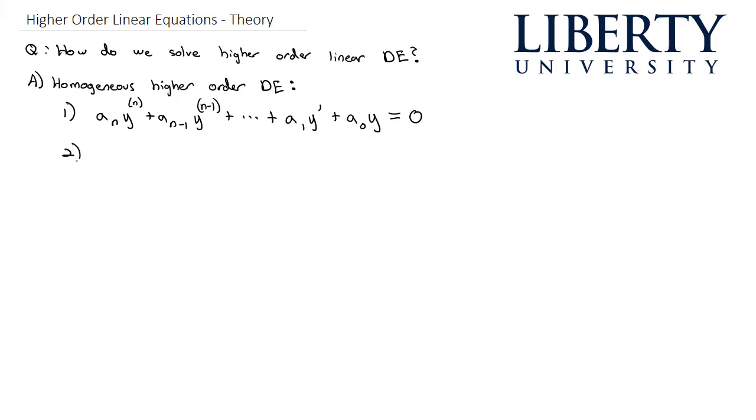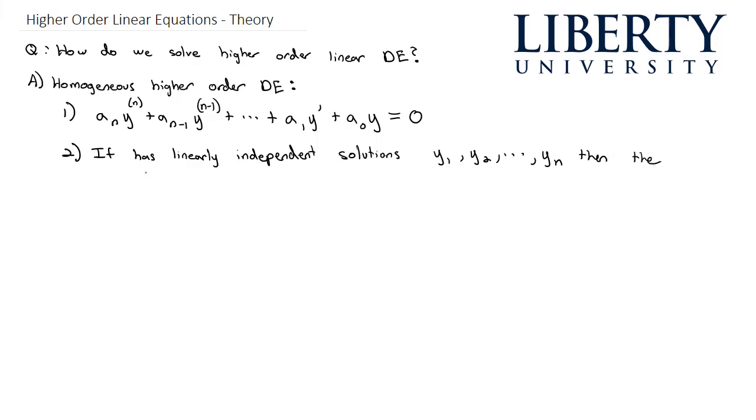With this homogeneous higher ordered linear differential equation that has constant coefficients a sub n minus 1, and so on, if it has linearly independent solutions, we'll call them y1, y2, y3, y4, y5, all the way up to yn, one solution for every derivative,